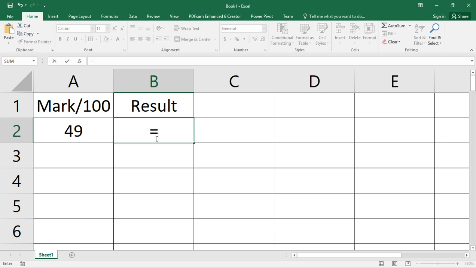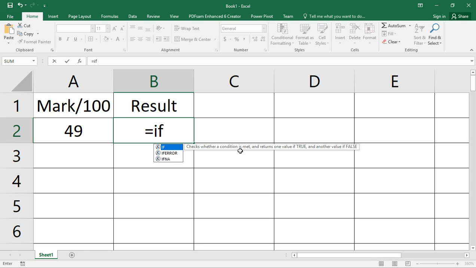So we say equal sign, then we say IF. The moment I typed IF, you can see here it's saying it checks whether a condition is met. Like I said earlier, if you are watching a live stream video and it's yes, it means the condition for you has been met.